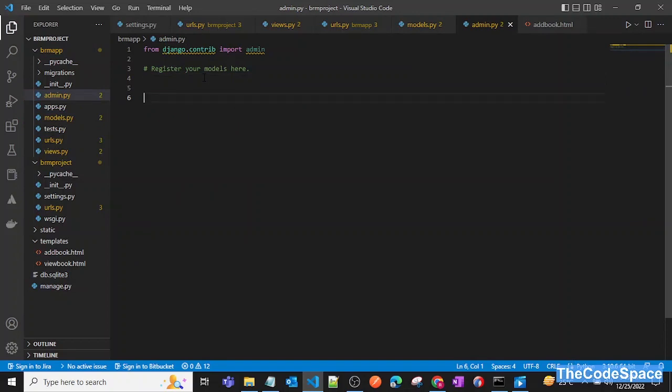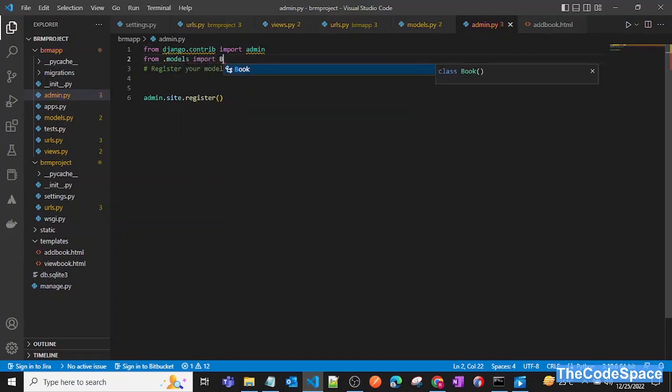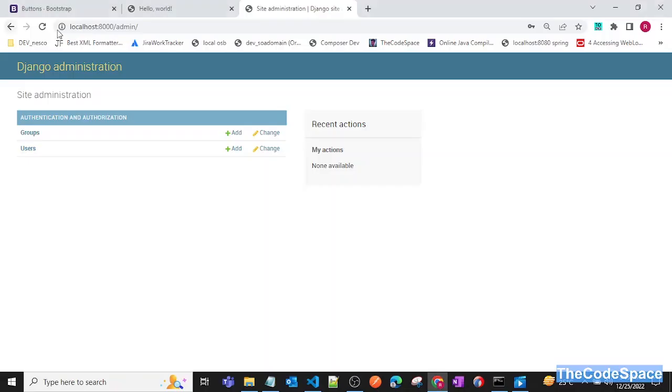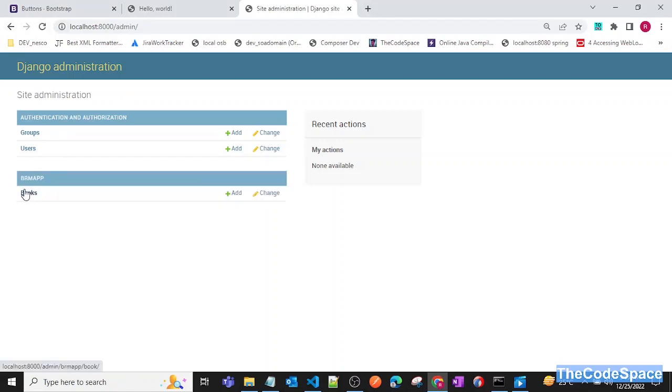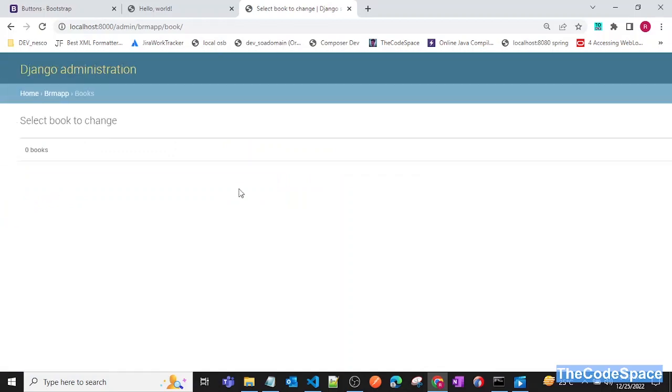So now go here and you need to say admin.site.register and give the model. To give that, you also need to import that model. So from .models import Book. Okay, so now you can give Book here, and that's it. Now let's refresh our admin panel, and boom, as you can see we got our Book model